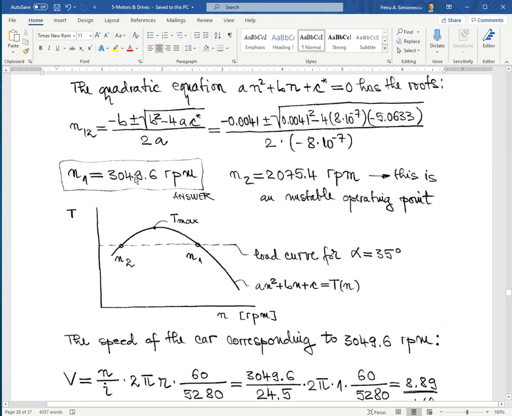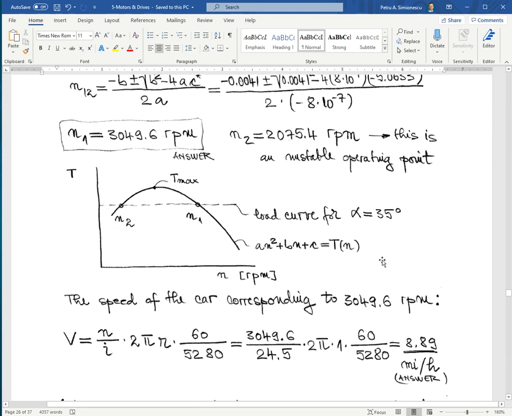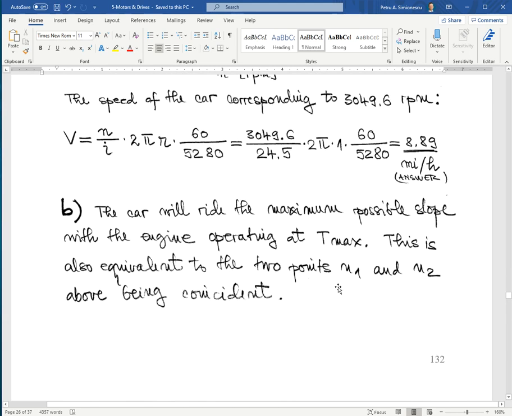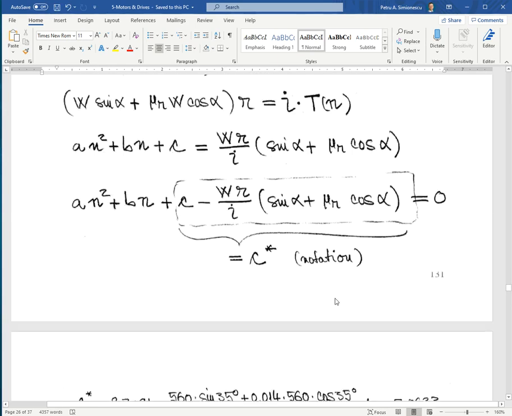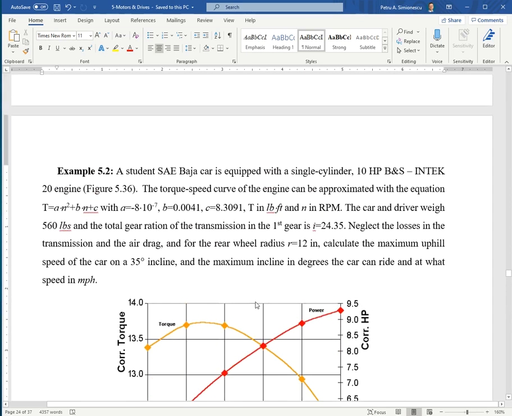So I'm just dividing the RPM of the crankshaft by the transmission ratio, get the RPM of the wheel, and then I convert RPM of the wheel, knowing the wheel radius, into the tangential speed, assuming there's no slip of the wheel on the road surface, and I'm calculating the corresponding speed in miles per hour, kilometers per hour, whatever. The second question in the problem is, so this was for 35 degrees,